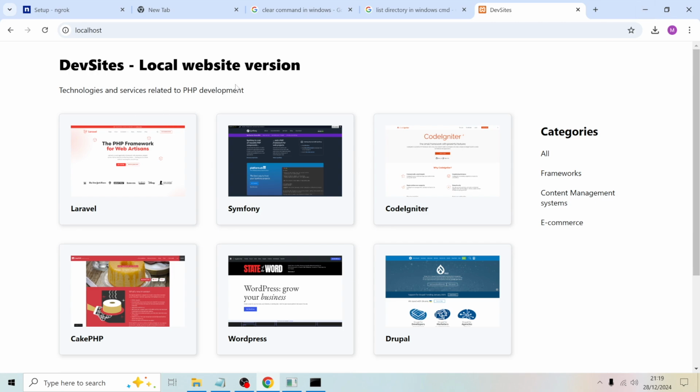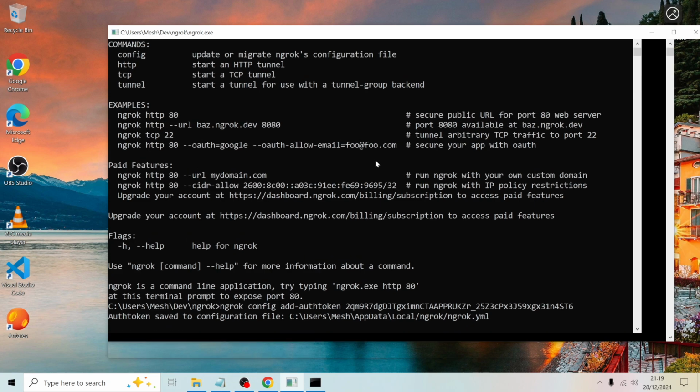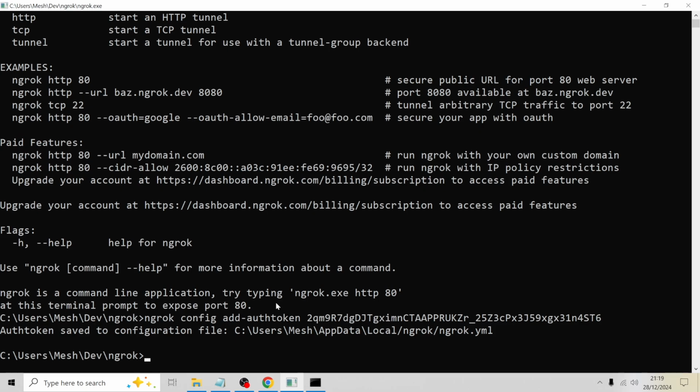The next step is to use the Ngrok application to make this website available online. At the moment, this website is only available locally on my machine, but it's not available on the internet for people to access. So if I minimize that, go back to Ngrok, maximize this so that the text is a bit bigger, so this can be easily seen. What I want to do is type in the command ngrok http and then the URL that I want available, localhost. If I hit enter,